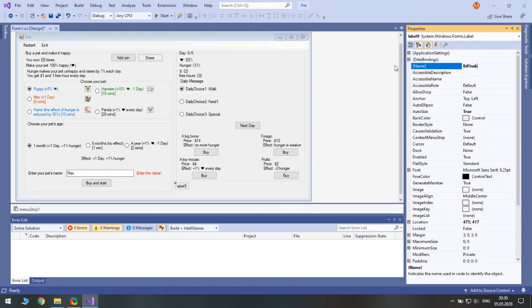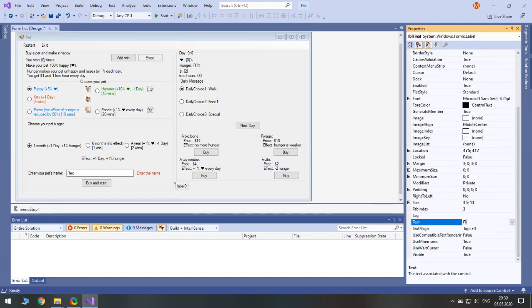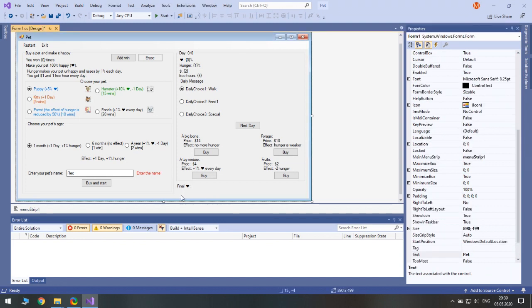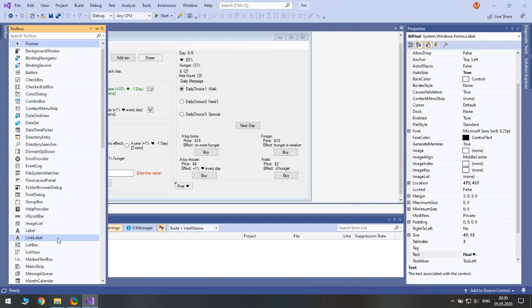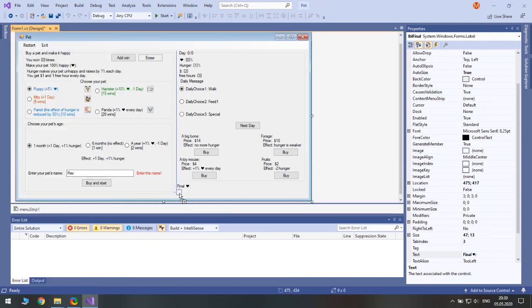So label final happiness. We will set it from code, and by default this should not be visible until the game is over. And in addition to showing the happiness of the pet, we will say it in words, whether you win or lose.